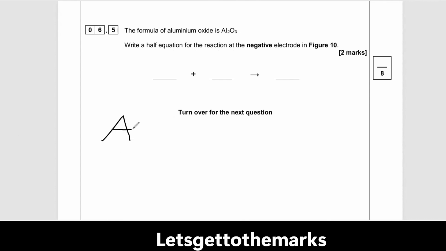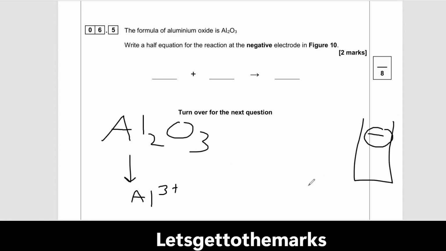Okay, I kind of showed you aluminium is in group 3. So aluminium ions are going to be Al3+. Yes, you're going to have two of them, but we don't need to worry about that here. So they're going to be attracted to the negative electrode, right? The Al3+. In fact, it's not quite like that. They actually